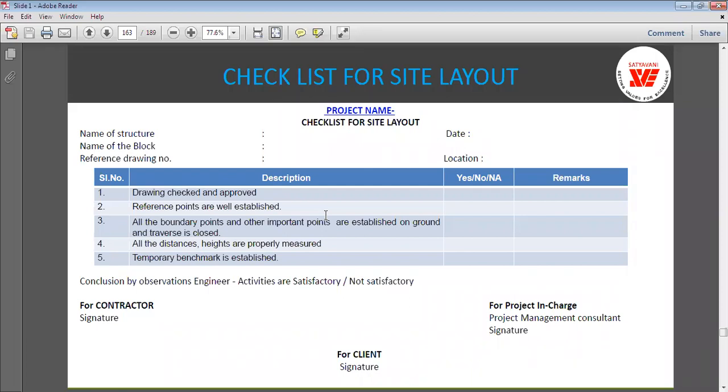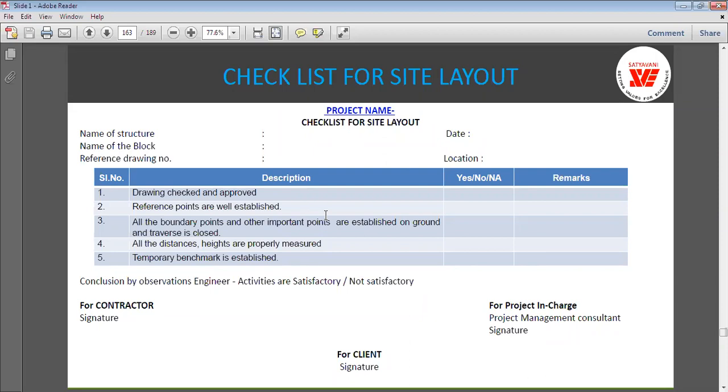Whatever traverse or layout you have prepared, you have to close that layout by including all the boundary points. You should know how much error there is in your traverse. I think in survey you have studied the error that occurs in traversing. You need to correct that error.